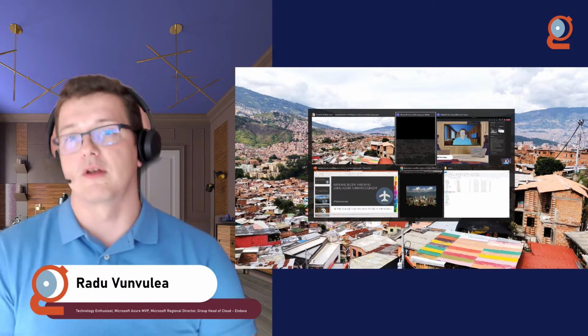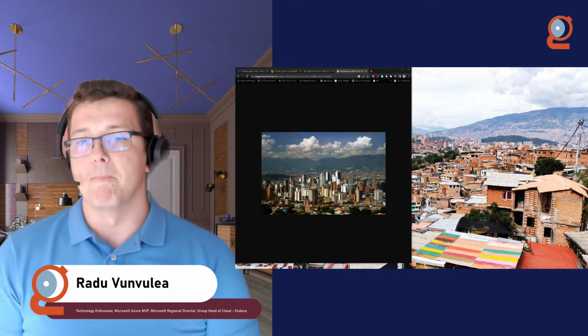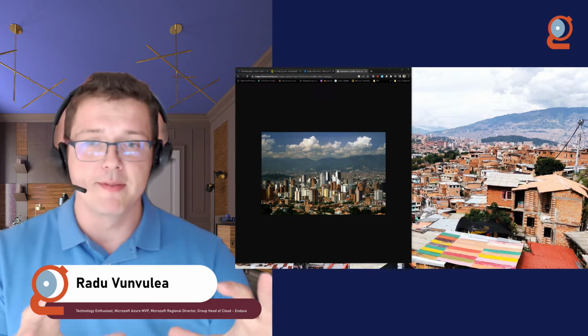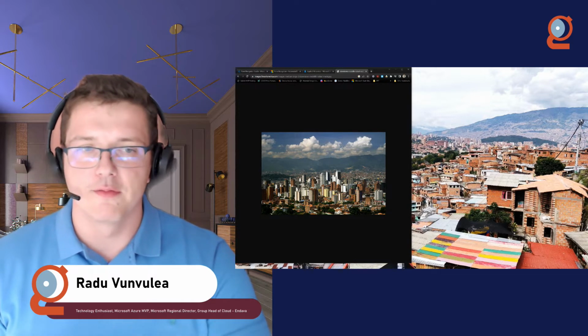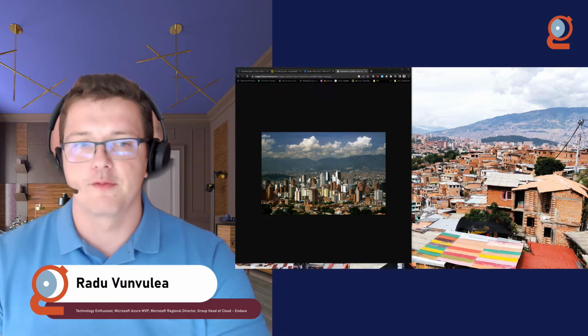This is a picture from Medellin. You might be closer to this one because of some Netflix series. But what I want to share with you is how Medellin really looks like. It's very beautiful, and the business downtown looks very close to the downtowns of cities, for example, from the US,